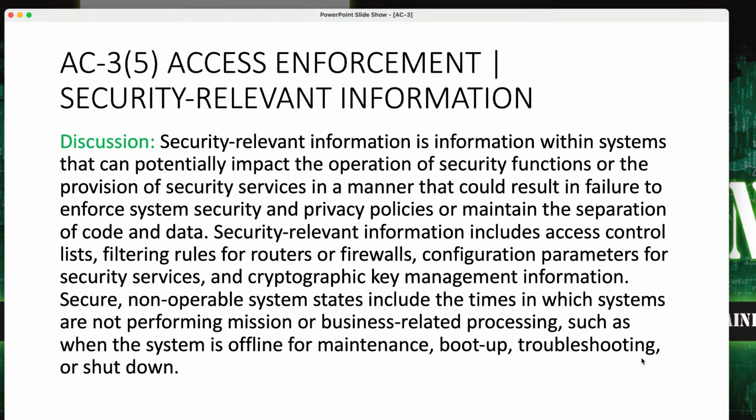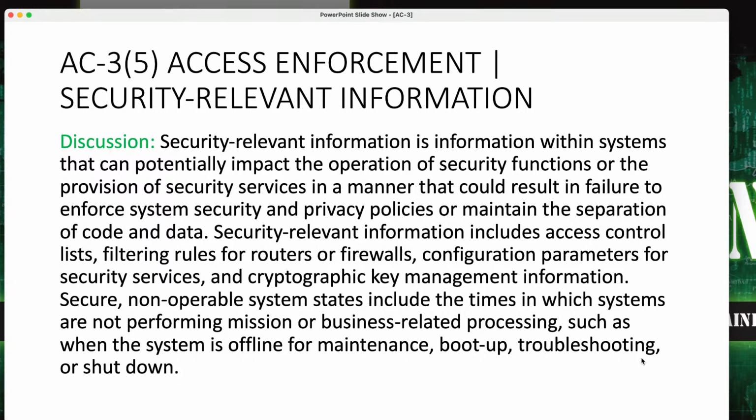Security relevant information includes access control lists, filtering rules for routers or firewalls, configuration parameters for security services, and cryptographic key management information. Secure non-operational system states include the times in which systems are not performing missions or business-related processing, such as when the system is offline for maintenance, booting up, troubleshooting, or shutting down. So really the first part is, this is what security relevant information is: your firewall lists, your access control lists, your cryptographic key management information. What are configuration parameters? How do we build our secure systems? Those all have to be defined as security relevant